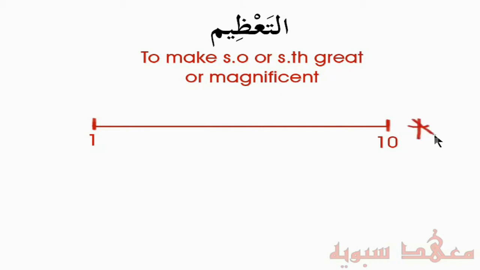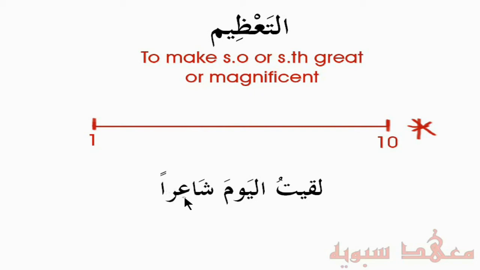So we're looking at from this side. Something that is so great and magnificent that it cannot even be defined. An example that Sibawayh, the great grammarian, gives of this is the following sentence: لقيت اليوم شاعرا. I met today شاعرا. شاعرا is a poet, and by making it indefinite it means a great poet. So here the greatness of this poet is actually indicated by making this noun indefinite.